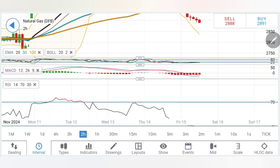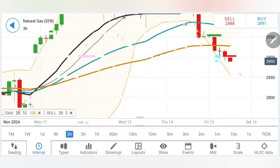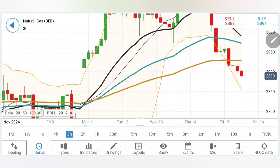MACD is also bearish and the RSI is oversold here as well on the 2 hour charts. On the 3 hour, the observation is more or less the same. Drop, and now lower lows, lower highs here. Possibility of a breakout move appears strong here, and thus if it stays below 2.885, 2.88 zone, stay short for